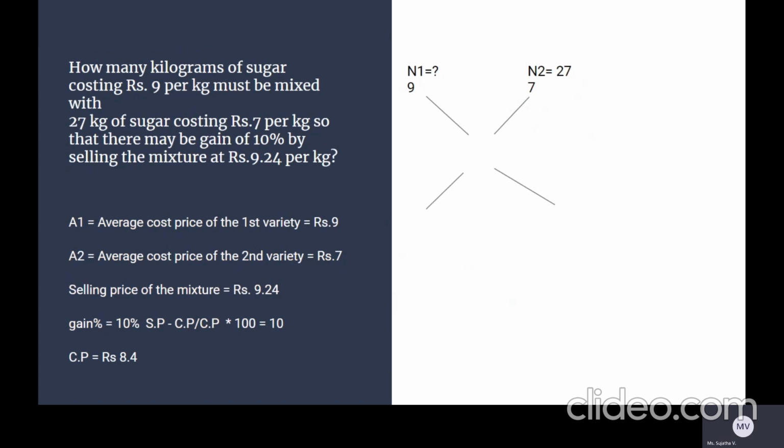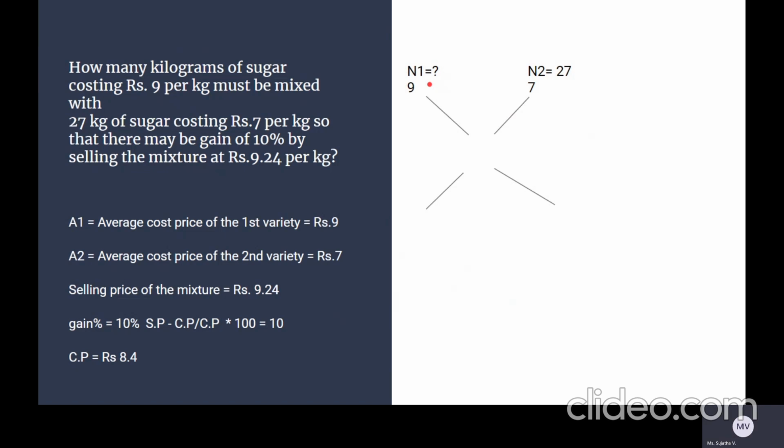Okay, the next question. So yet another question which we have to do very, very carefully, right? So here again your average is the cost price, right? So you have 9 rupees per kg on one side, on one variety is 9 rupees per kg, and the other variety is 7 rupees per kg, and we are talking about sugar. Okay, 2 varieties of sugar, and the first variety is being mixed with the second variety. The quantity of the second variety is given, right, and you're required to find the quantity of the first variety,